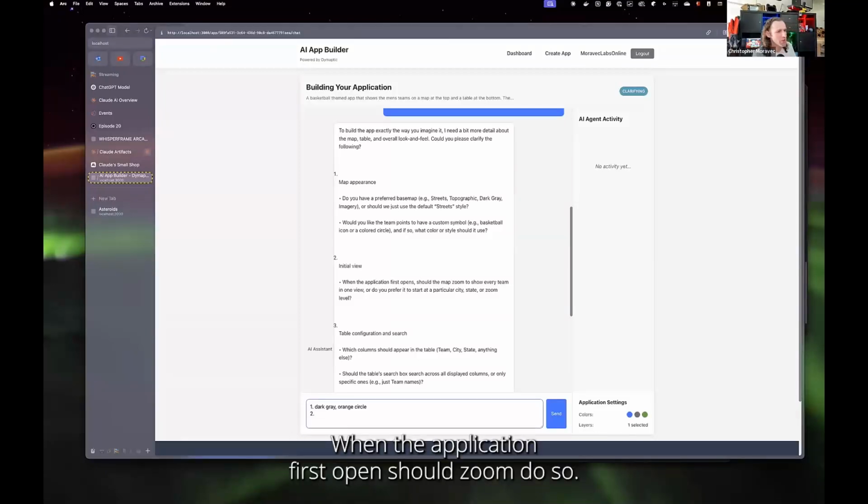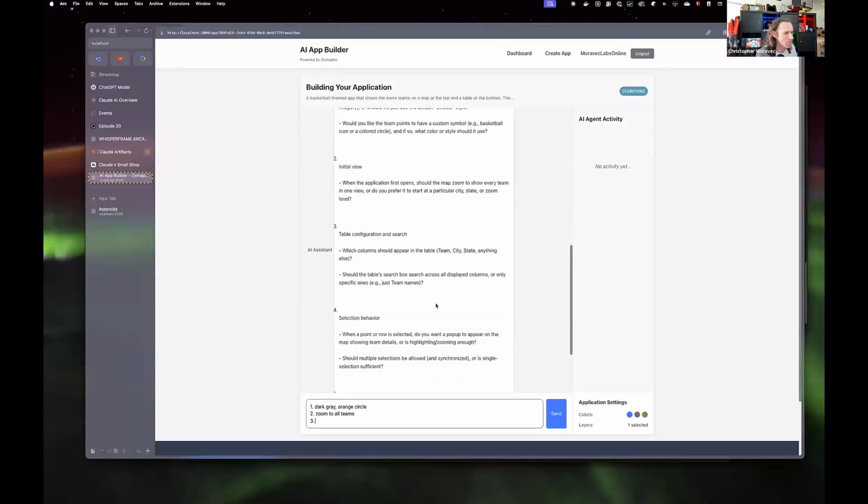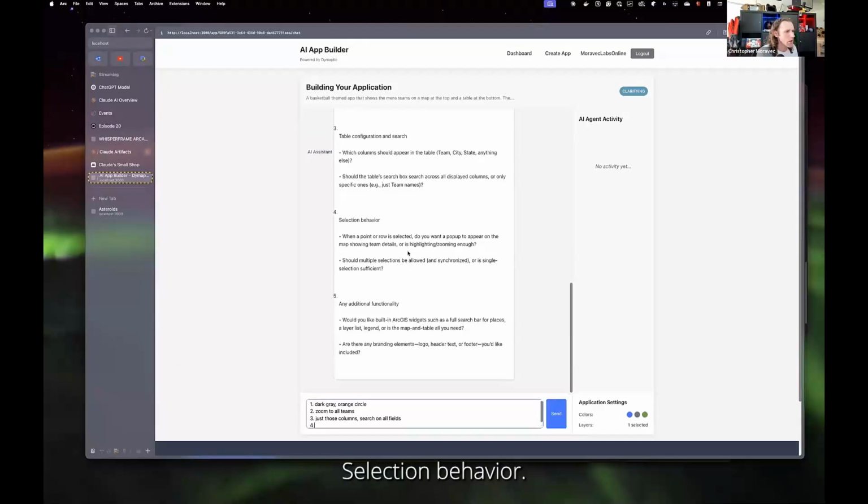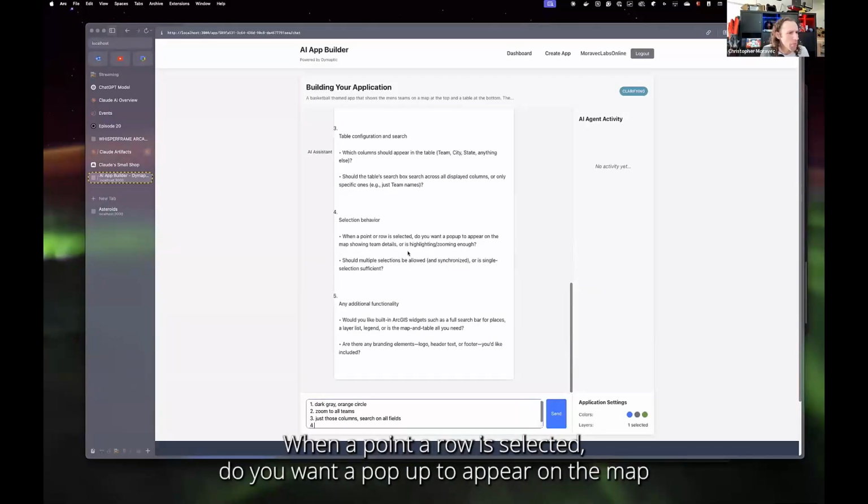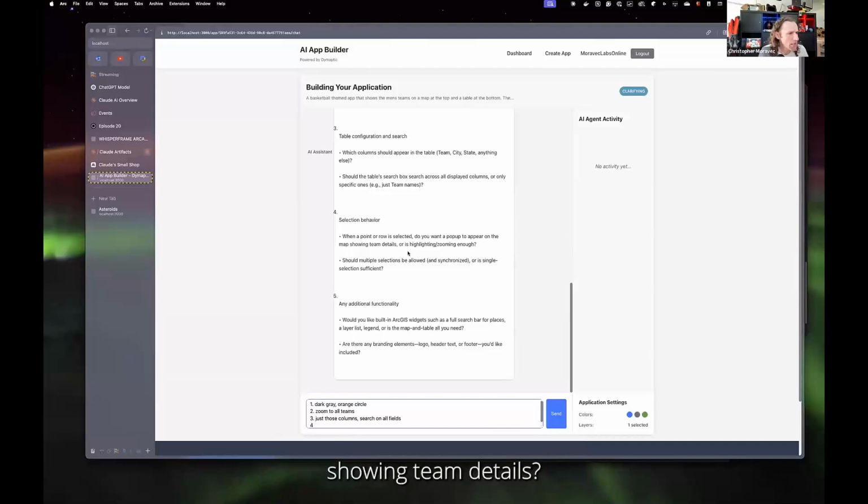When the application first opens, should it zoom to show every team or particular city? Let's just zoom to all teams. Table configuration, which columns? Just those columns. Search on all fields. That sounds good. Selection behavior. When a point or row is selected, do you want a pop-up to appear on the map showing team details, or is highlighting zooming enough?